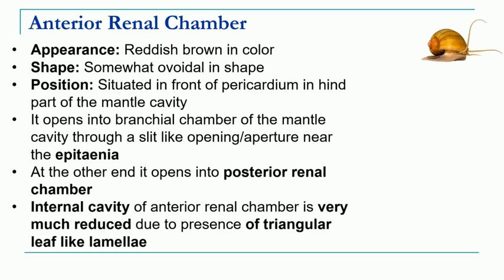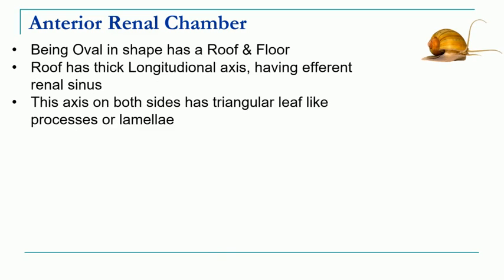If we see the internal cavity from inside, it is a bag-like structure. So if we see the internal cavity of this anterior renal chamber, it is very much reduced. Why is it reduced? Because there is presence of triangular leaf-like lamellae. So as I said, this anterior renal chamber is oval in shape, so it will have both roof and the